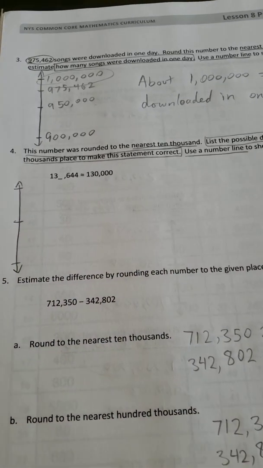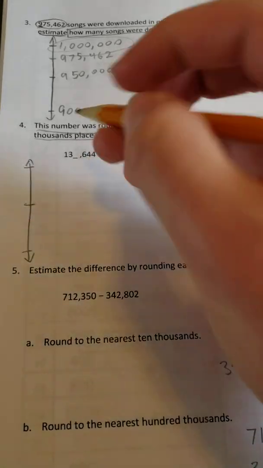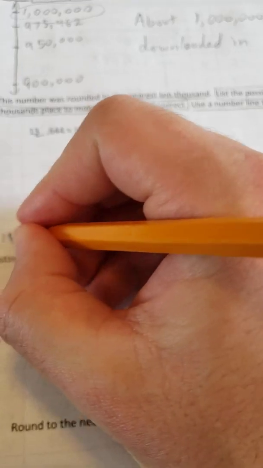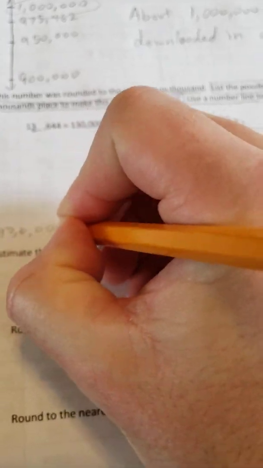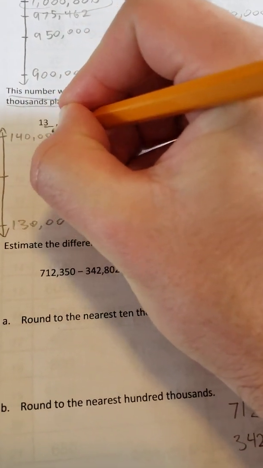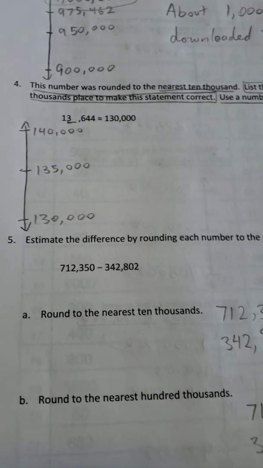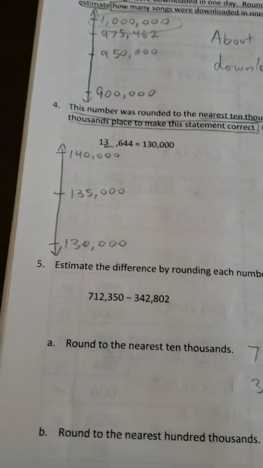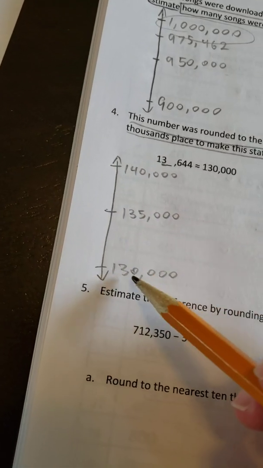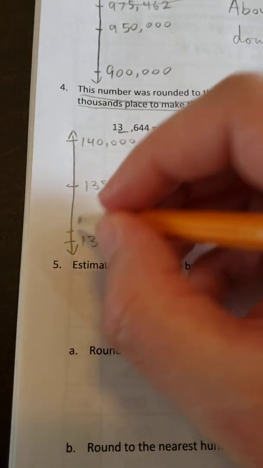Okay, so if we're rounding to the nearest 10,000, that would be the 3 here in the 10,000s place. So 130,000 here, 140,000 up here, halfway would be 135,000. So what digits would go there that would round it down to 130,000? We're trying to round it down, so it could be